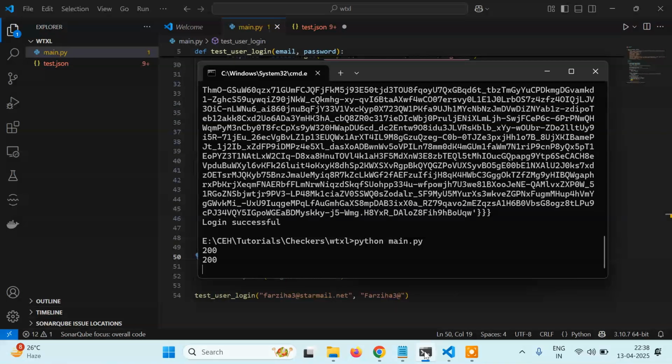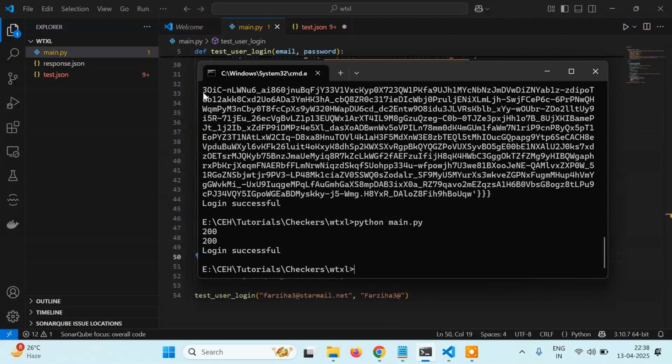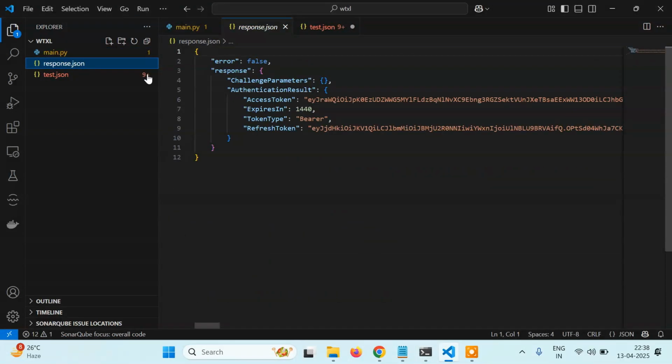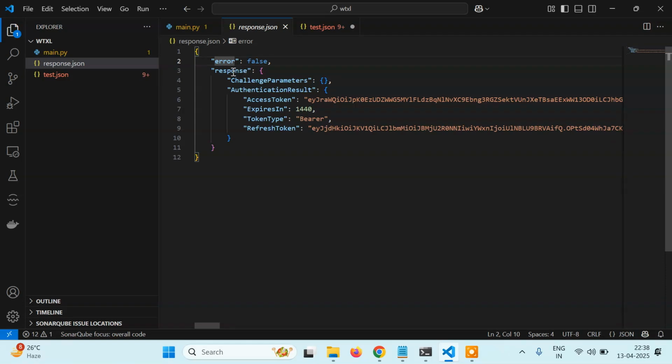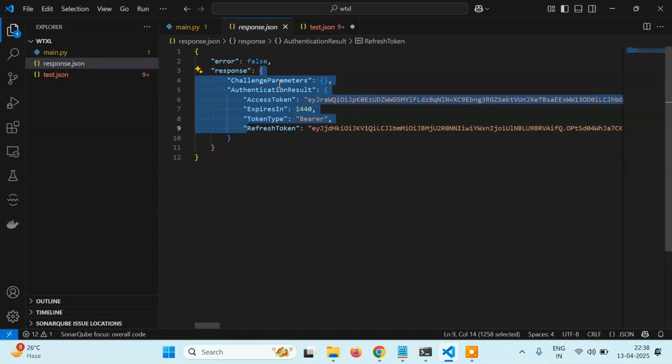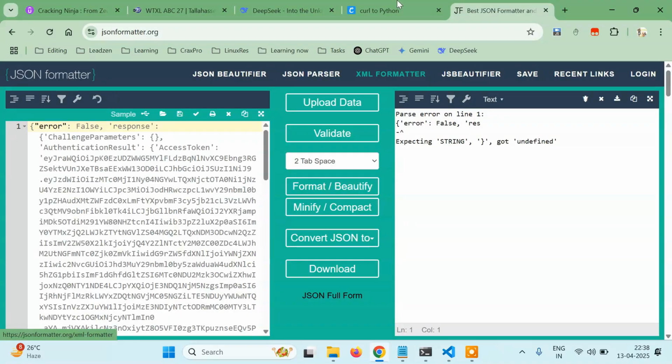200. Login successful, and you will get a file like this, response.json. See here we are getting the value with error false, response like this, and challenge parameter is an empty dictionary. Authentication result is again a dictionary with two values, access token and refresh token. Now in the next request,